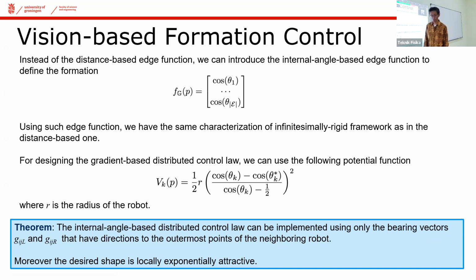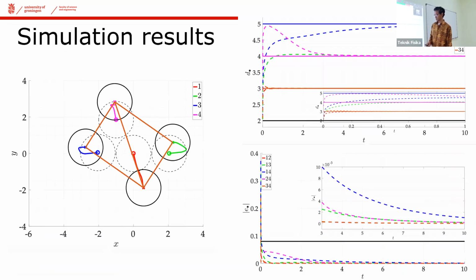I think it's higher than half. So they will never go to this singularity point. And in particular, the singularity point happens, if I take a look at this example, when two circular agents are really touching each other. When you touch each other, you can compute by trigonometry that the cosine is equal to half, if I'm not mistaken.